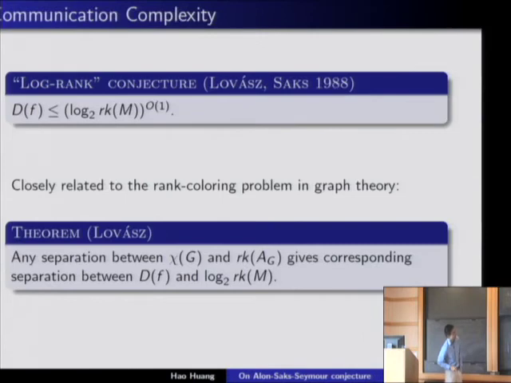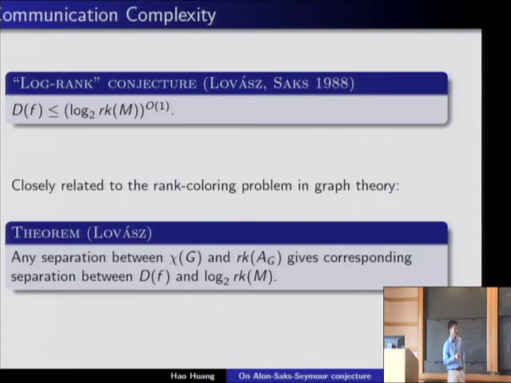So Lovász and Saks made the conjecture that the deterministic communication complexity can be upper bounded by polylog the rank of the matrix. The best lower bound known, I think, is due to Ravi and Norm. It's like log the rank to the power of 1 point something, log 3 maybe. This log-rank conjecture is still open